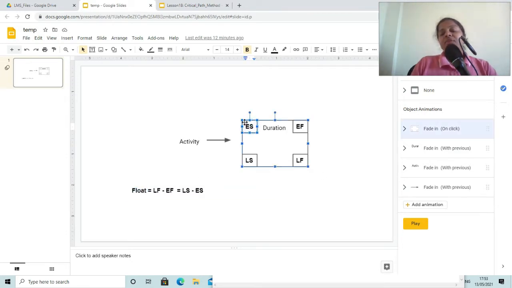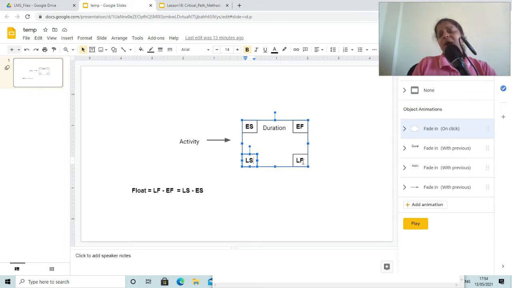So here the first box indicates early start, second box is early finish. Early start is the earliest day an activity can start, and early finish is the earliest an activity can finish, and late start is the latest this activity can start, and late finish is the latest this activity can finish.